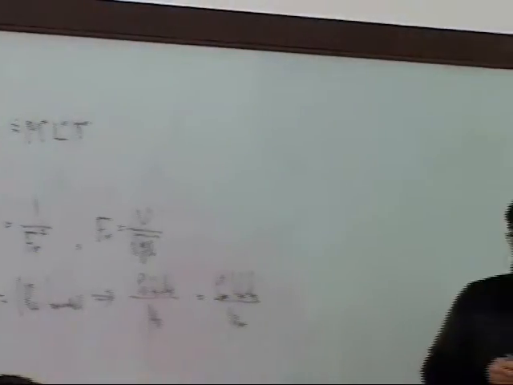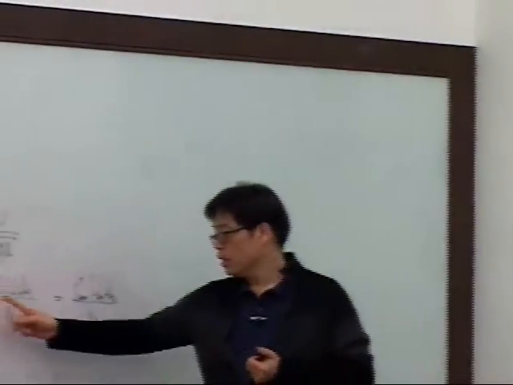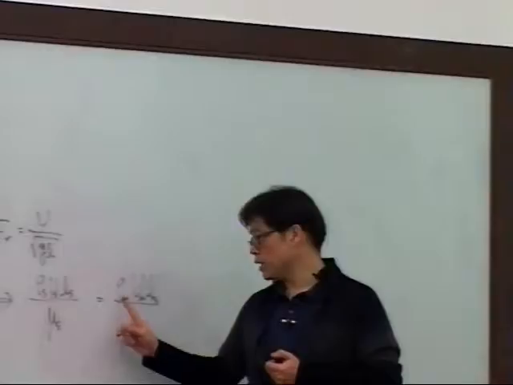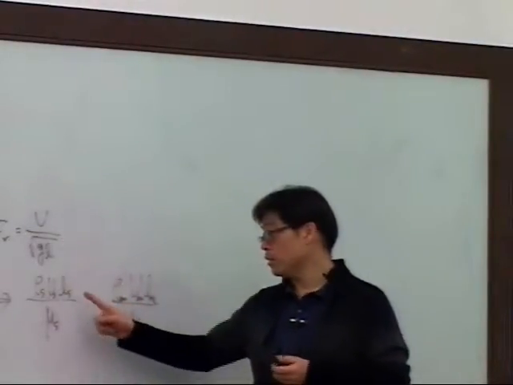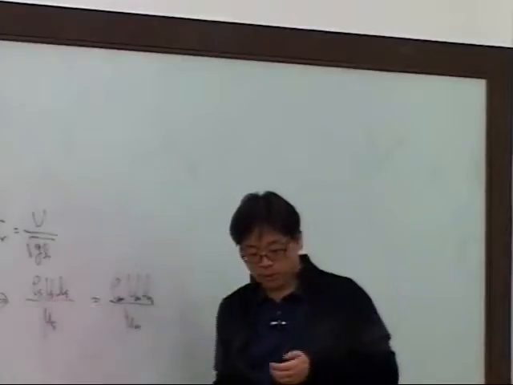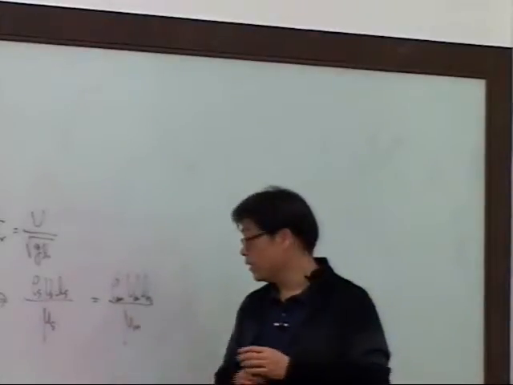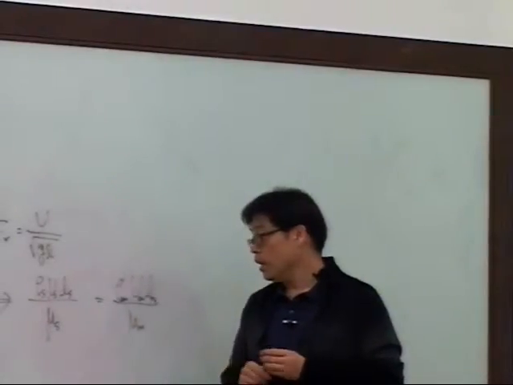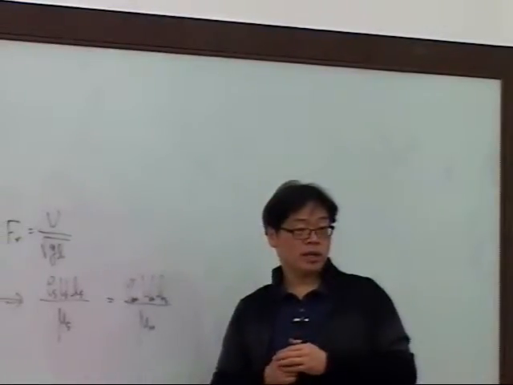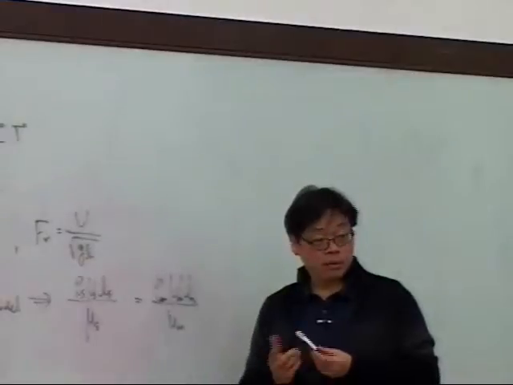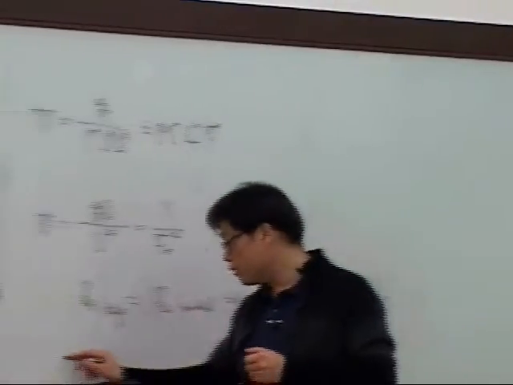And if you use the same fluid, this and this are the same as this and this, right? And then typically the length of the ship is much bigger than the length of the model. The speed of the model has to be much faster to match Reynolds number. But on the other hand, if you match Froude number,